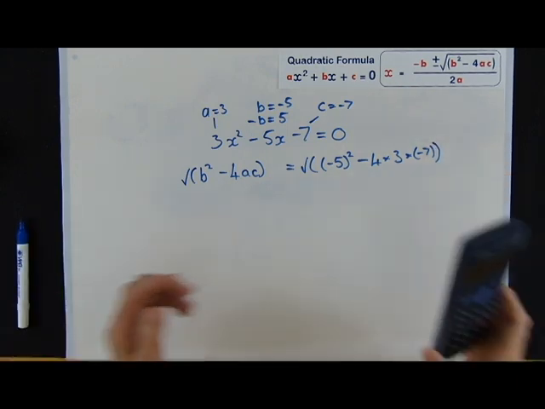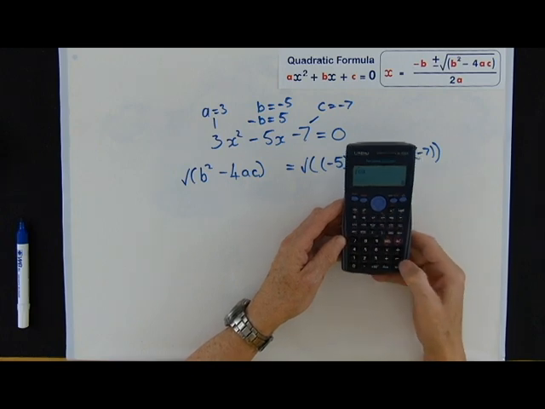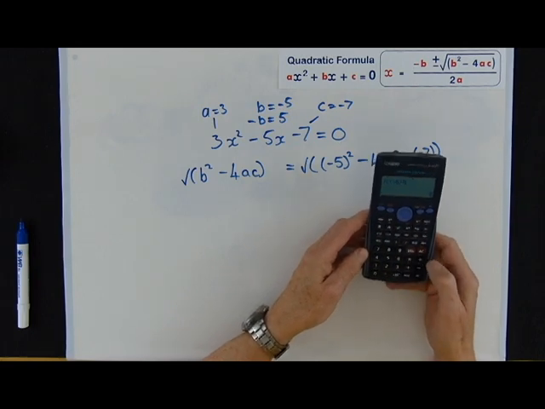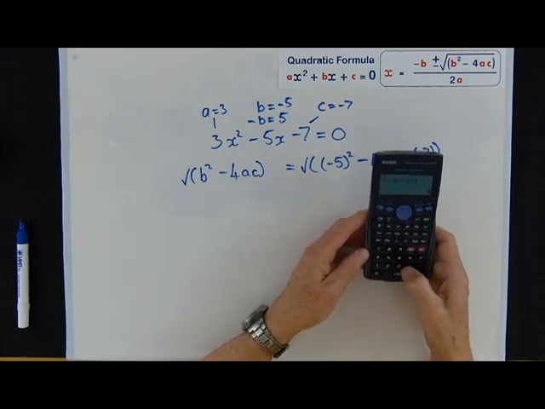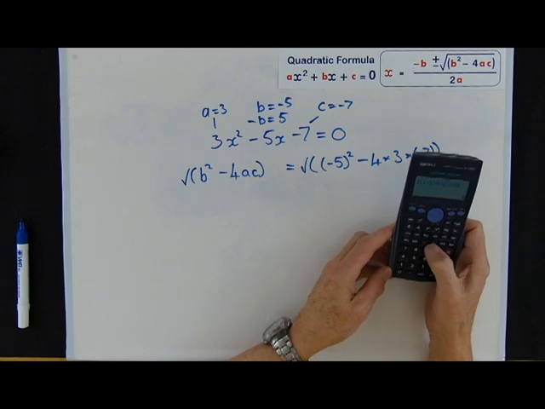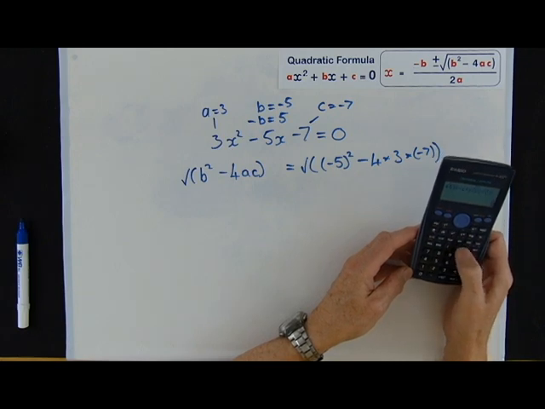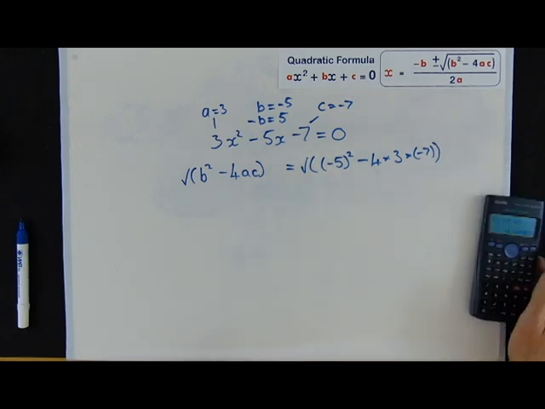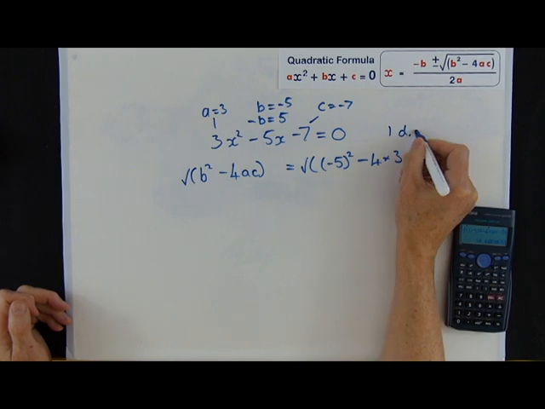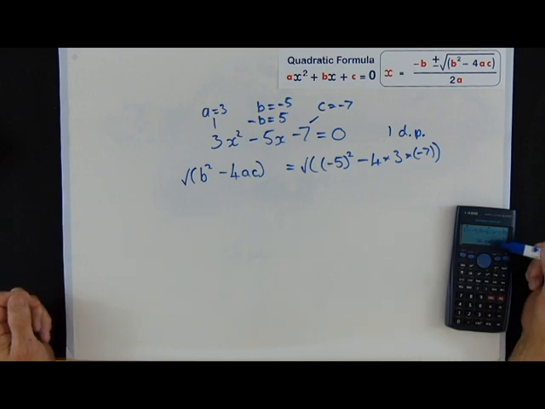You now pick up your calculator and just start, open the brackets, and then you need your other set of brackets. You can put either minus in that you like, then squared, then minus 4 times 3 times, and remember to put your last one in the brackets. So you put minus 7 and then close both sets of brackets, press equals, and you get 10.44. Now we're going to do this one to one decimal place, so I always advise taking another place during your working. So to 2 decimal places we get